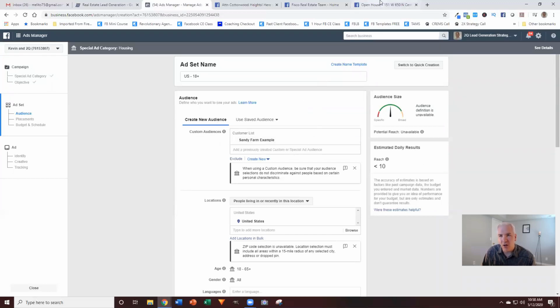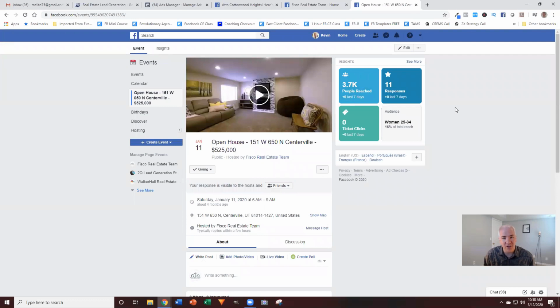Right. Also open houses. If you do one in your farm area, that's also powerful, because you can do an open house event like this on Facebook and send that out to just the people in that neighborhood. And then you can actually invite them to come. Let's say you're doing the open house from 12 to 2 or whatever. You could invite the neighbors to come from 11 to 12, before the open house actually starts, to